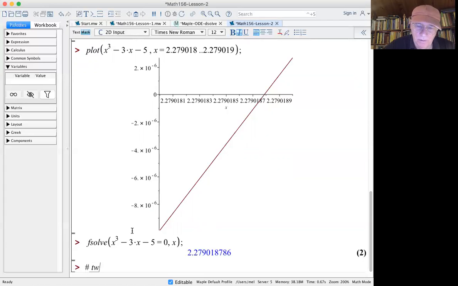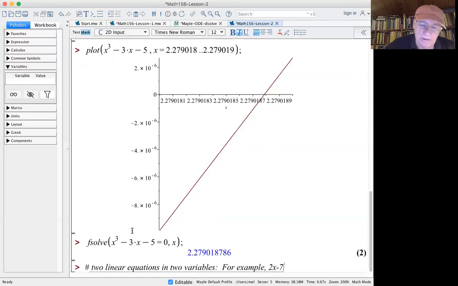So 2 linear equations in 2 variables. For example, suppose we have, let's see if I can write it,